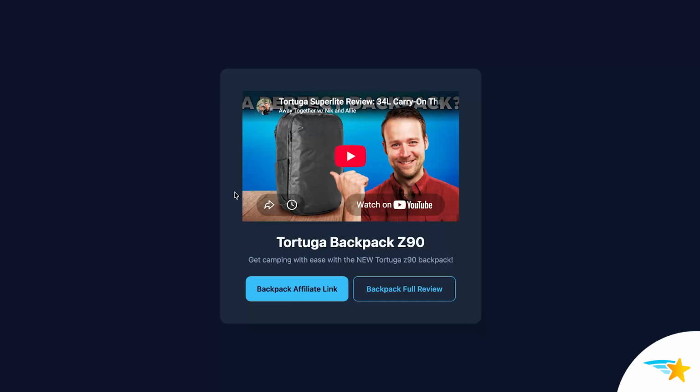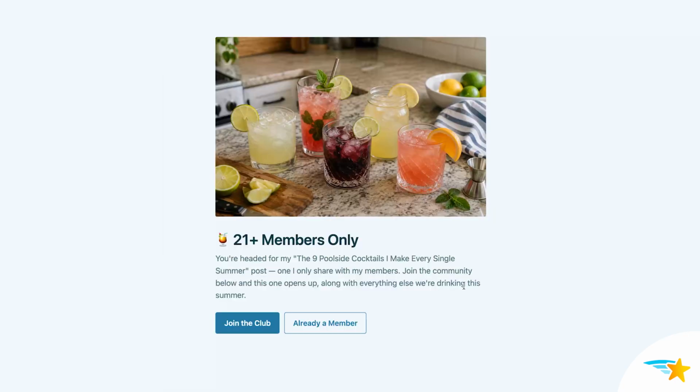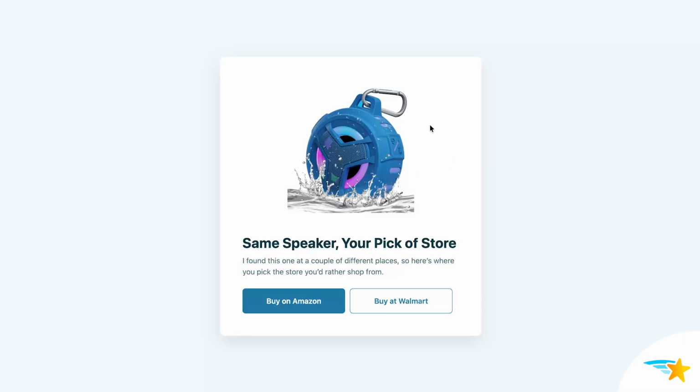Hey everyone, in this quick video, I'm going to show you how to set up splash pages for your PrettyLinks. So instead of visitors jumping straight to your destination, they'll hit a branded page first. You'll be able to add a heading, a subheading, an optional image or video, and up to 2 buttons, which